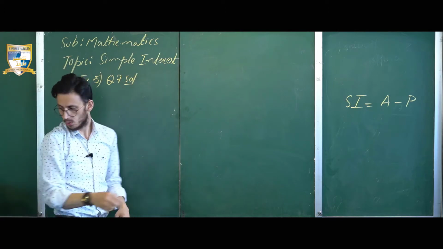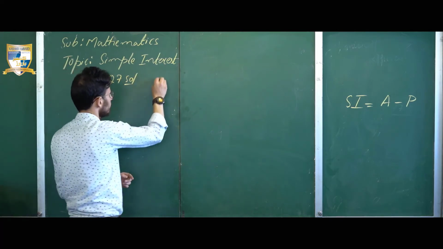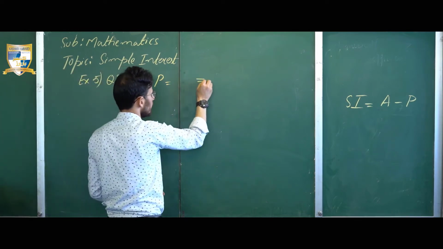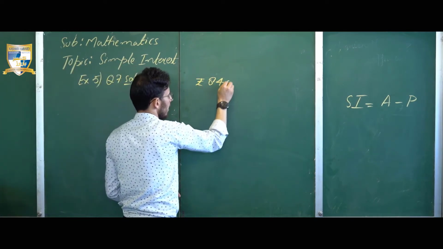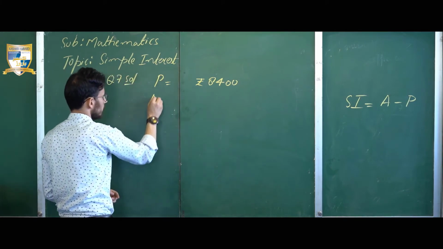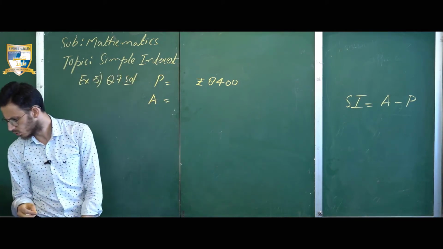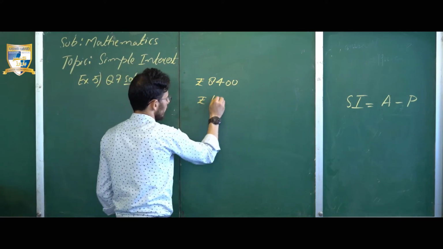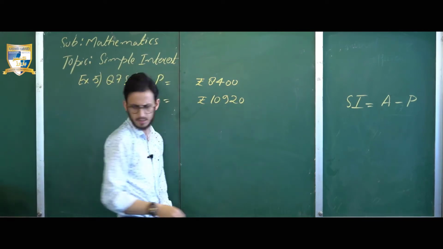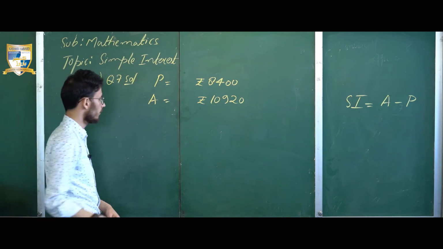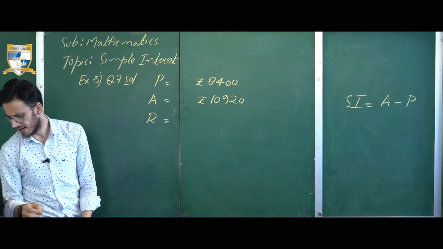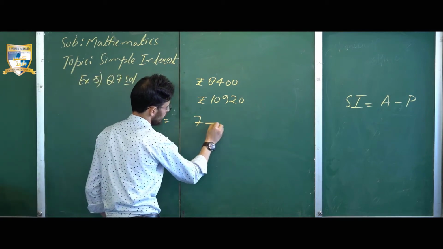Now what is given in the equation? Our principal is given, which is equivalent to rupees 8,400. Our amount is given, which is equivalent to 10,920. Also, what is given in the question? Our rate of interest is given, which is equivalent to 7.5% per annum,